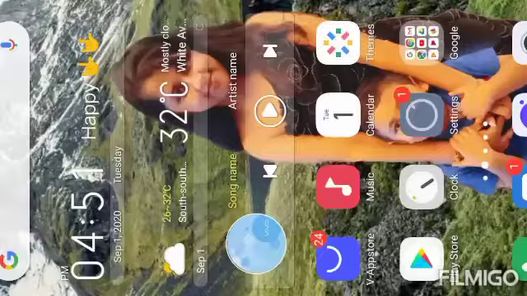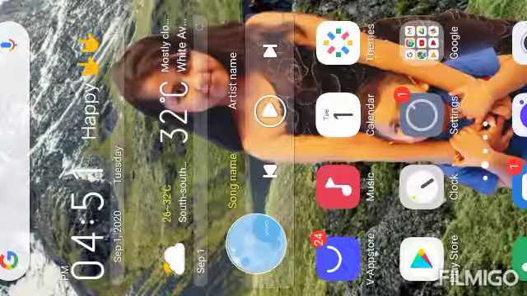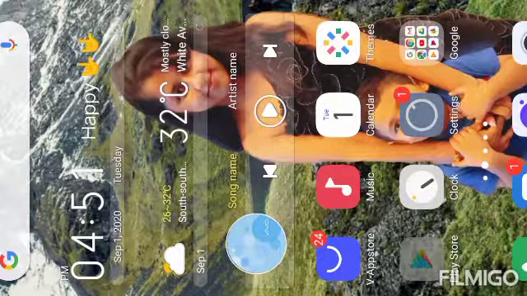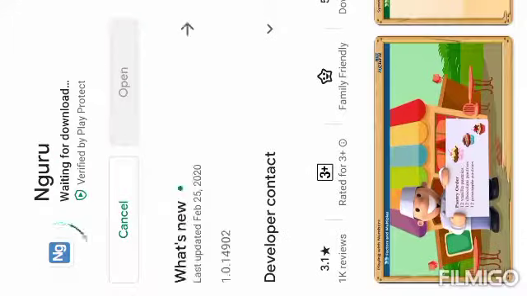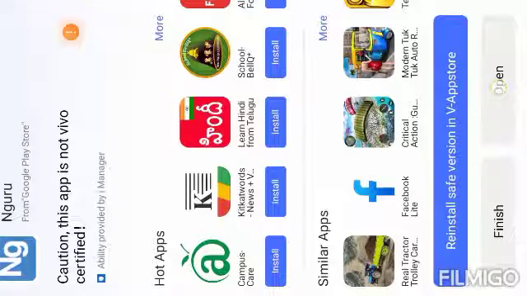Children, to use the NGuru app, first of all you have to click on Play Store and then install the NGuru app. It will take a few seconds to install. Once it is installed, you have to click on Open.